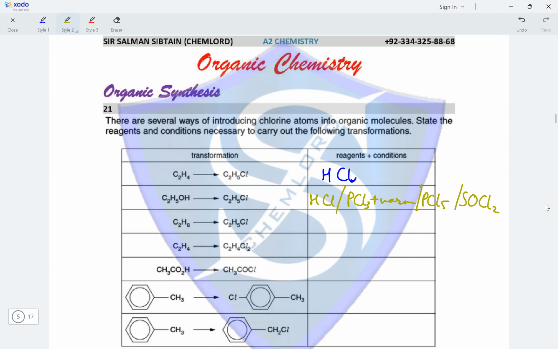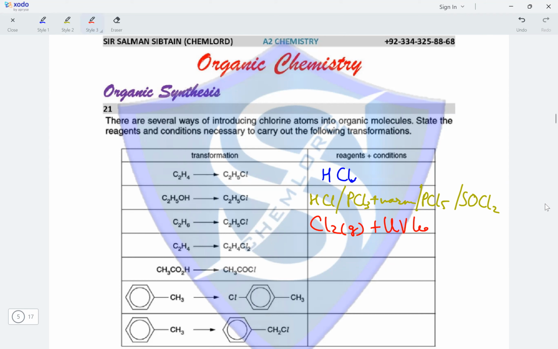which would convert the alcohol into the halogenoalkane or chloroalkane in this case. So there are four possible ways of bringing about this conversion. Next, we have C2H6, ethane being converted into C2H5Cl. This is free radical substitution, and this can be brought about by the reaction of chlorine gas in the presence